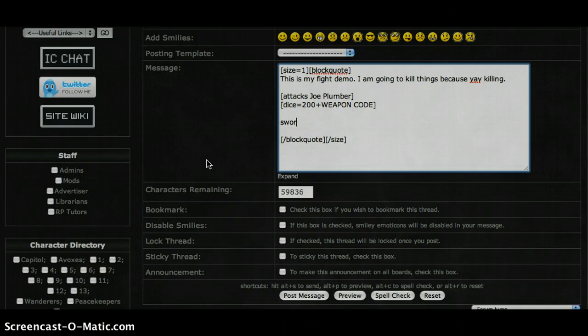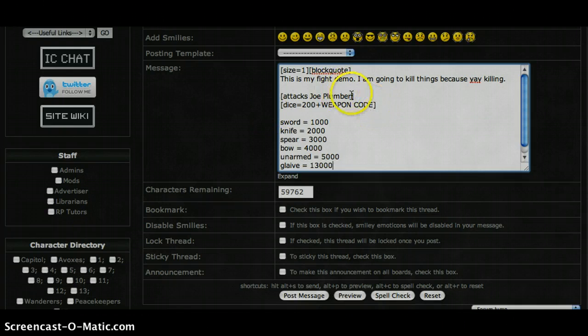So like if it's sword, it's going to be 1000, knife is 2000, spear 3000, bow 4000, unarmed 5000, etc., etc. It goes all the way down to glaive, which is 13,000.